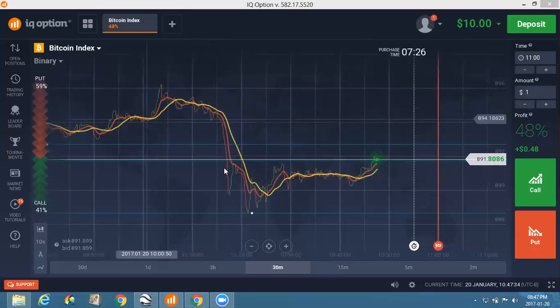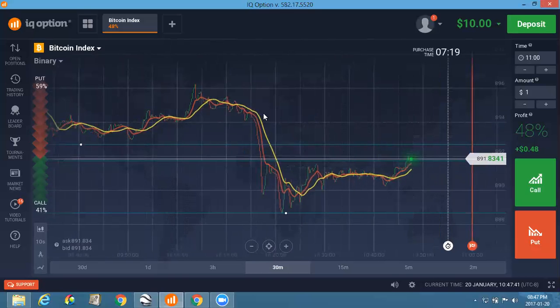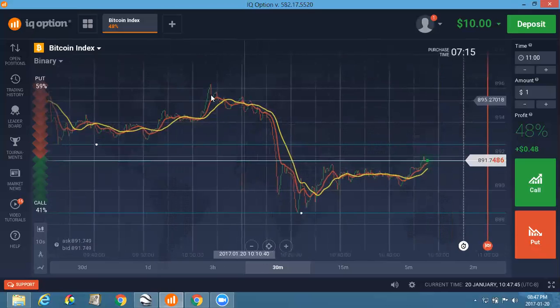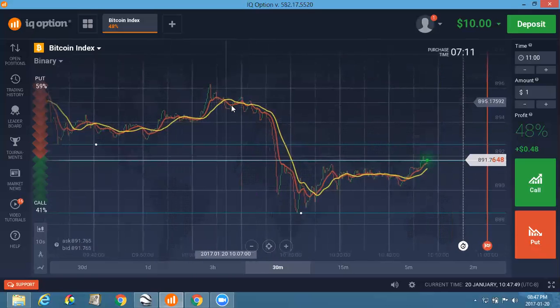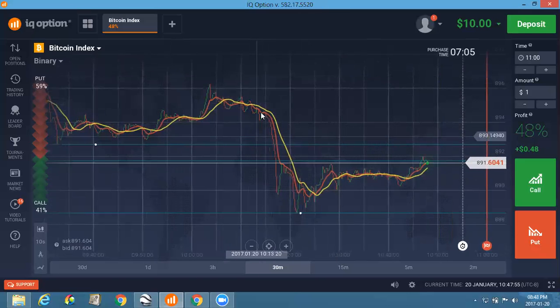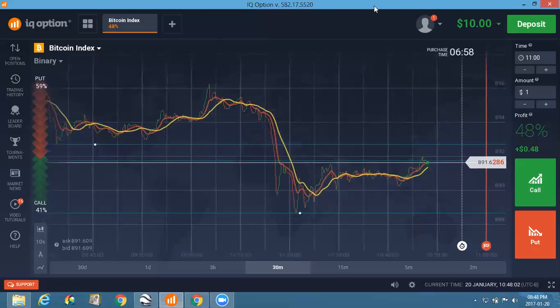I said the first signal is the crossover, right? And then the second signal is we wait for the moving averages to face the direction we'd like to take. So let's say here we were possibly looking for a sell. The first step was the crossover. We saw the moving averages crossing over to below, it went below the SMA, which means we're only looking for sell opportunities. So the second step is the moving averages should be facing the direction you'd like to take. So for instance, as we can see here,